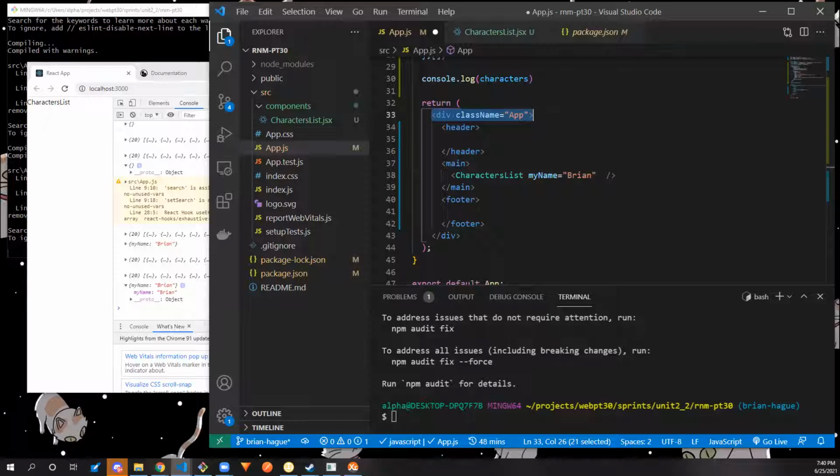Div.className equals app. Then it would be document.createElement header, append child to div. Document.createElement main, then append child to div. Whatever was returned from characters list, append to main. Create element footer, append to div, and then once all that's